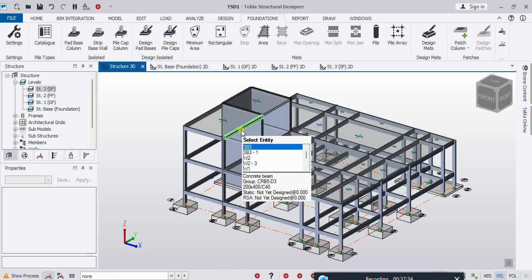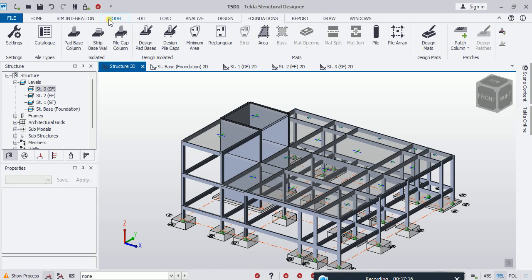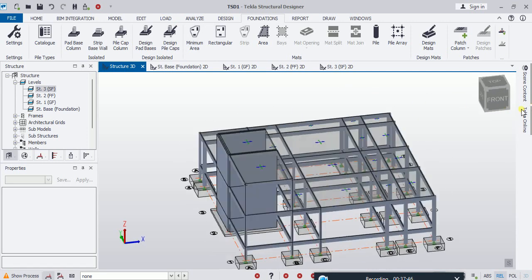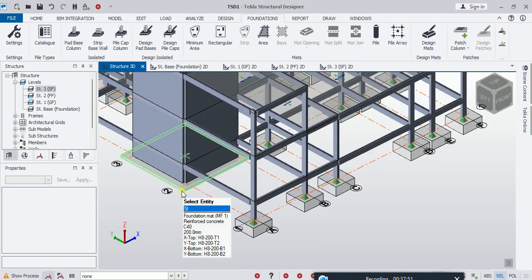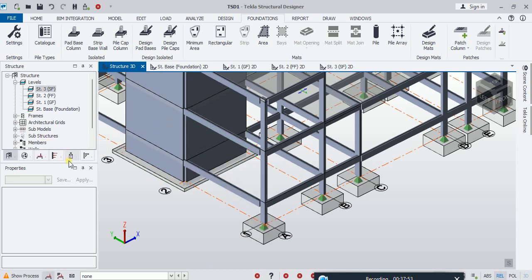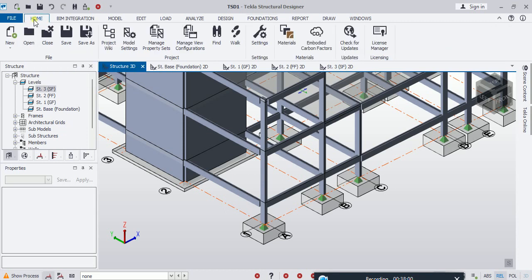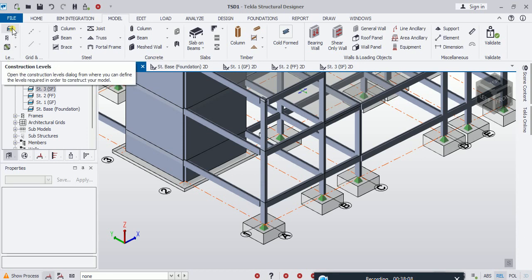Okay. Now after we have finished from here, after we have finished from model, we have edited whatever we want to edit, we want to go for loading, but before loading I want to do something which is going to be your staircase. Just concentrate with me here because it's not hard, but you need to concentrate. There are two methods of making the staircase. One of them is by going to model, going for level,